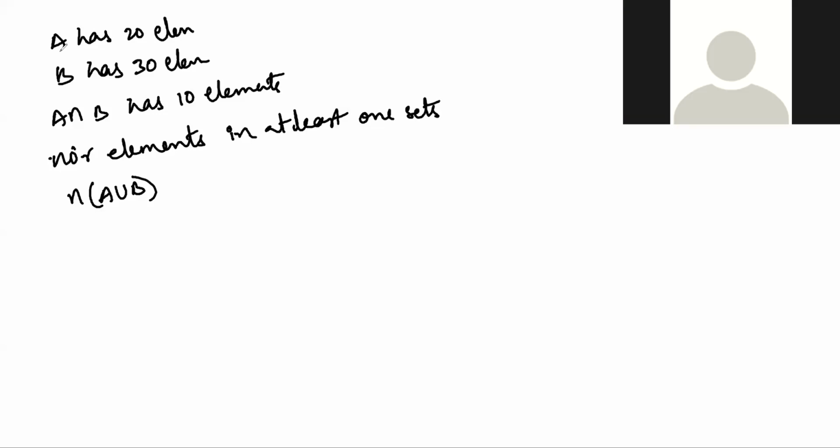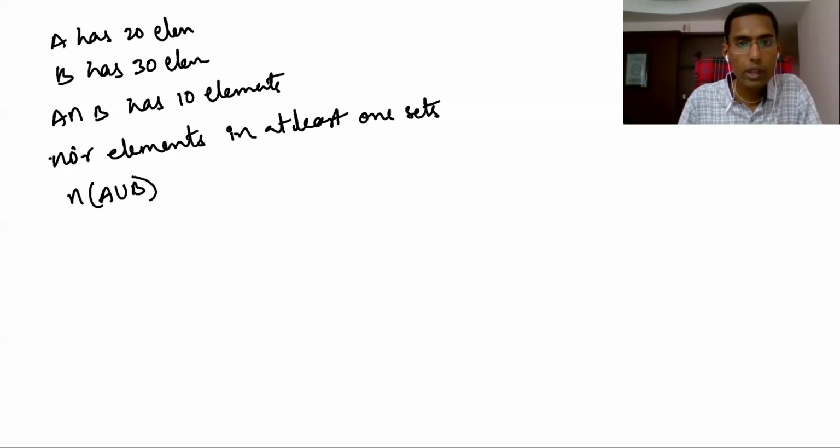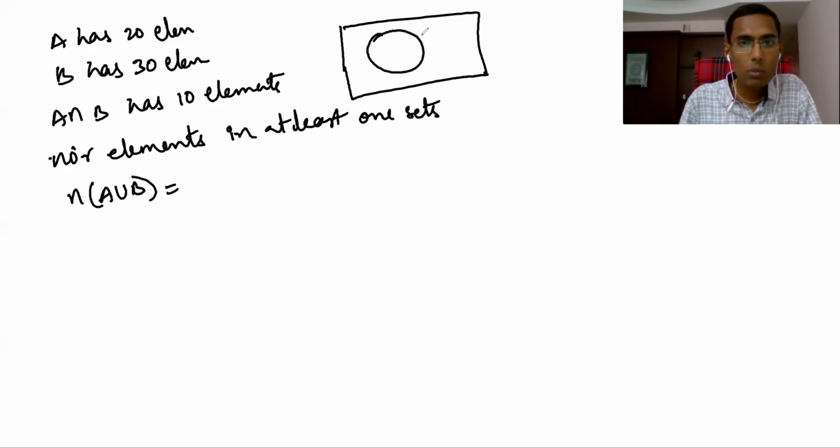When two sets are there, at least one means what, you know? At least one means two sets. Okay, that's correct. So at least one. So now at least one means exactly one, like this. Exactly one, or at least one means what? One or more. So now here this total is 10.